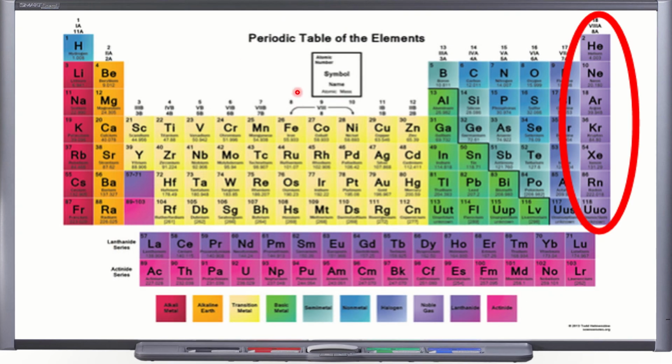Look, this is the periodic table of the elements which you will learn in your next class, standard 9. If you see the periodic table, then you will observe these elements. I have told the names of these elements: helium, neon, argon, krypton, xenon, radon, and this is a new element. No need to learn this one. These 6 elements are present in the same group, the same column. They are inert gases.